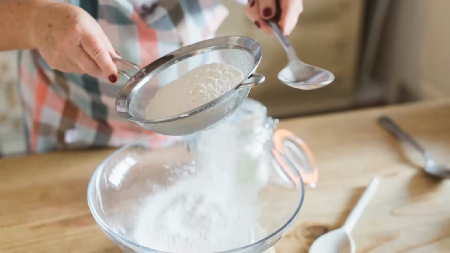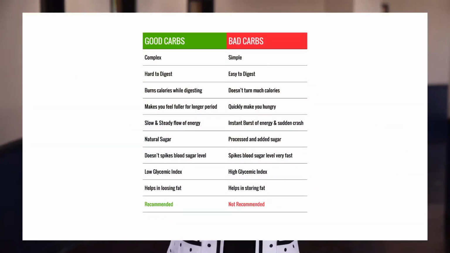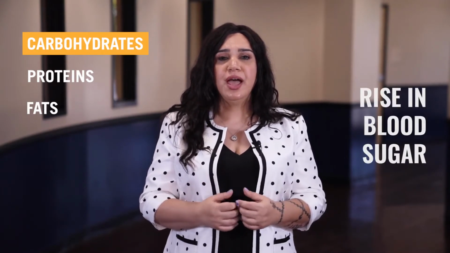The carbs in some foods, mostly those that contain simple sugars and highly refined grains, such as white flour and white rice, are easily broken down and cause blood sugar levels to rise quickly. Complex carbs, found in whole grains, on the other hand, are broken down more slowly, allowing blood sugars to rise gradually. A diet that's high in foods that cause a rapid rise in blood sugar may increase a person's risk of developing health problems like diabetes.